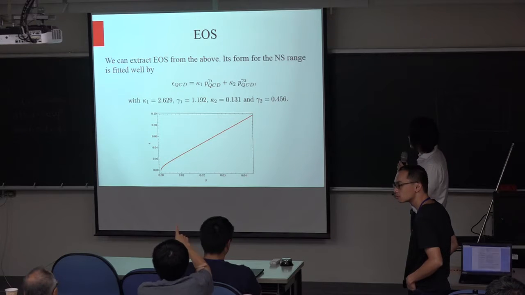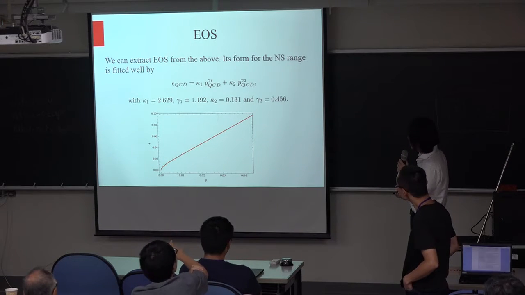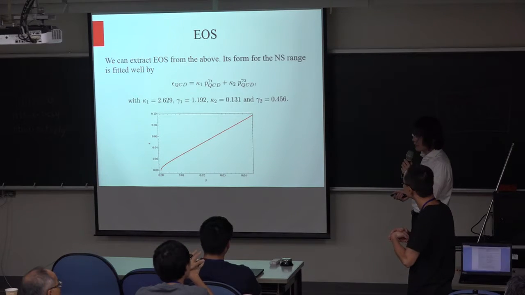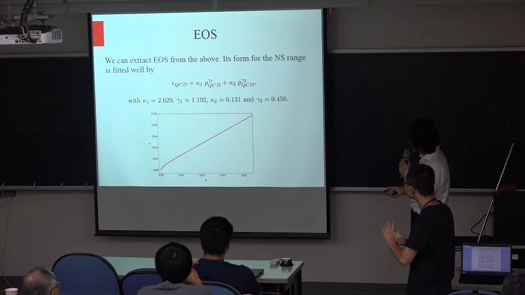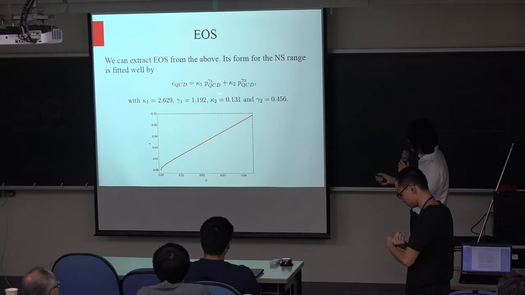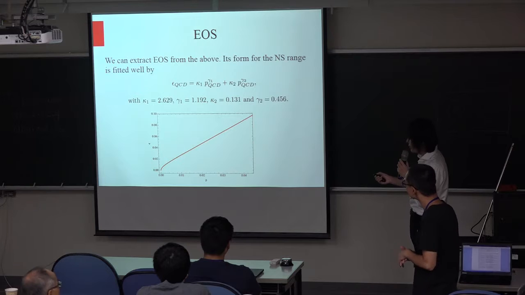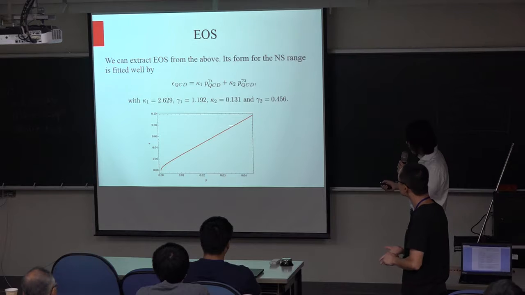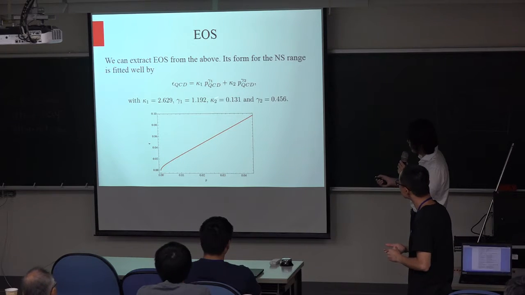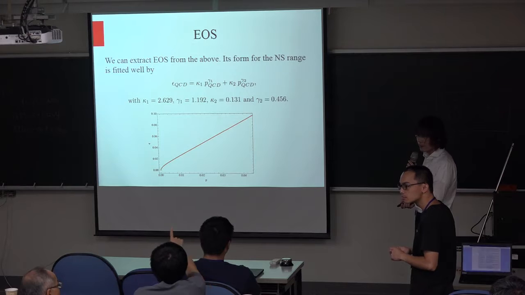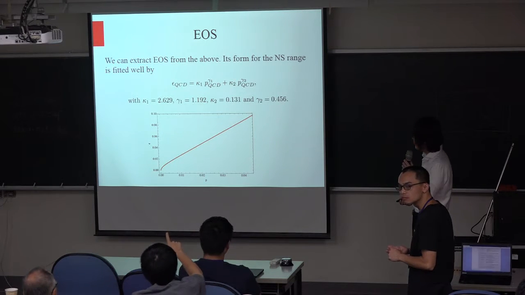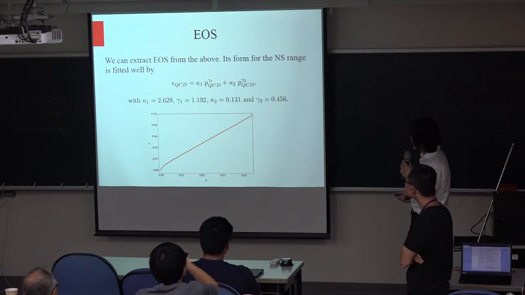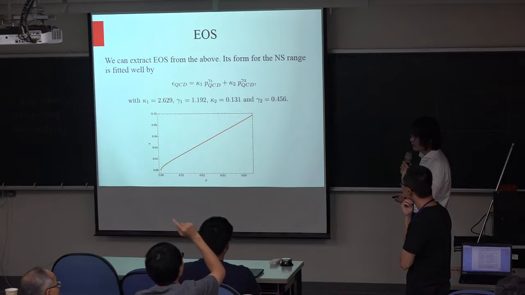But your kappa 1 and kappa 2 are not step functions. So you're actually adding two functions which shouldn't overlap, but they overlap. In the beginning we write it in a form like this with all four parameters not determined. Then you could fix this line and get all these numbers. But isn't that from QCD you expect epsilon QCD equal to a constant, like kappa times P QCD to the gamma? So you have a sum of kappa P to the gamma i.